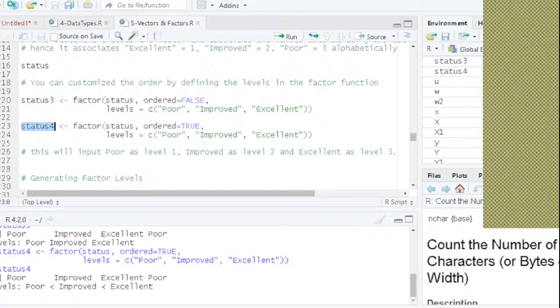Okay, great. Now, once you're done with 2 to 4,